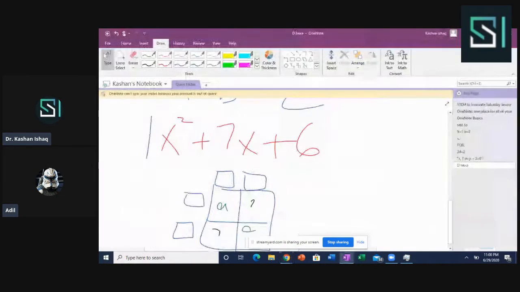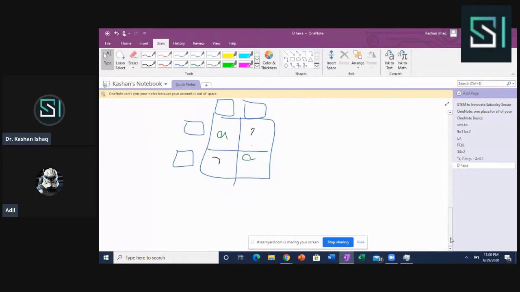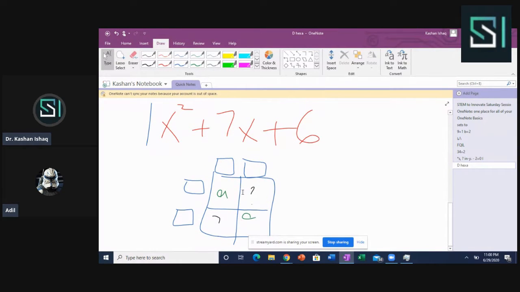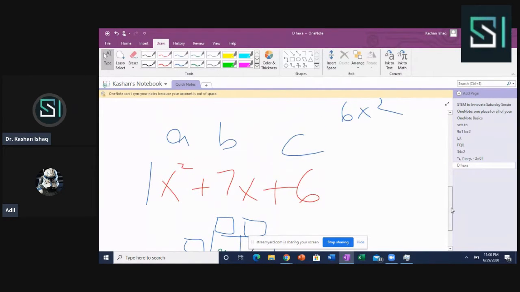Okay, so we're learning about trinomials, and this is the box method. The first step is we're going to simply start with a square. I think that would be the first thing you do. And then I would put A and C in these diagonal boxes. And I know that A, B, and C are these